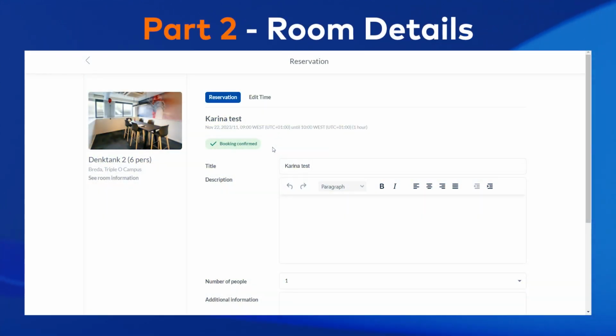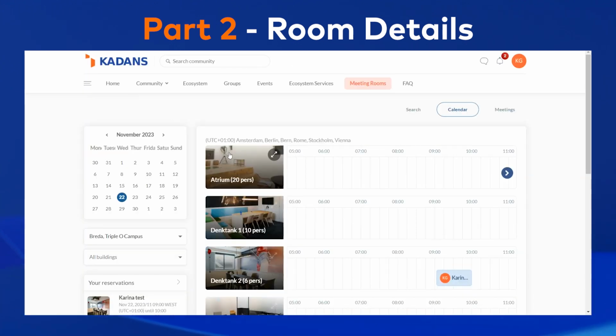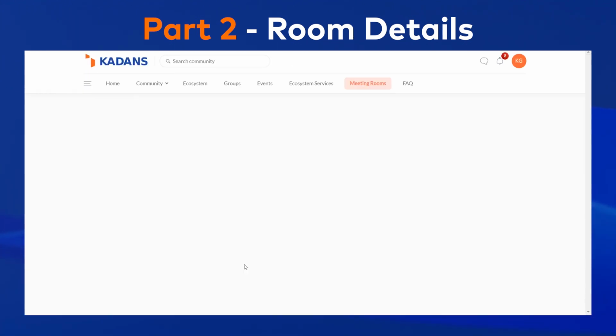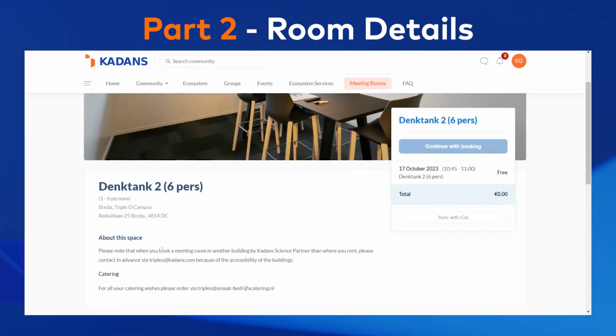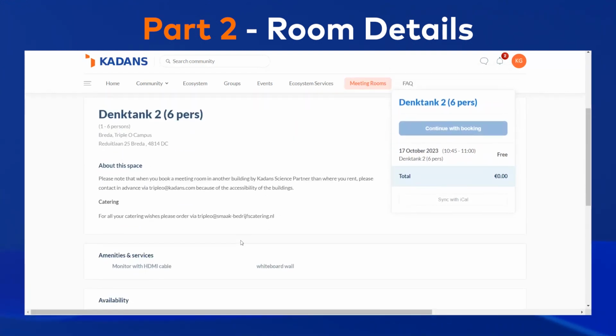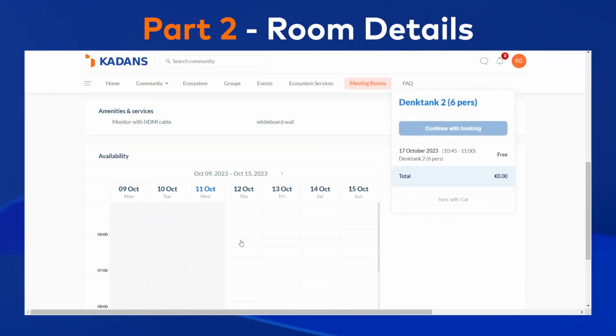If you would like to know more details about the meeting room before creating a reservation, just click on the meeting room. Here you will find information such as capacity of the meeting room, the address, information about the space, catering, and other details. Each meeting room has its own calendar, so you can also make reservations on the calendar